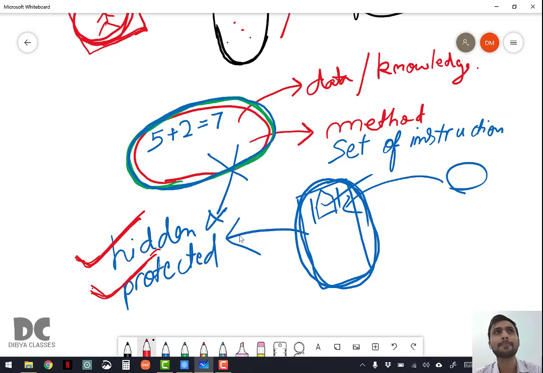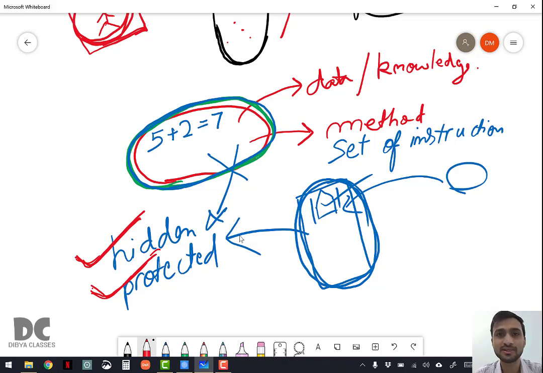For example, you're going to school and you have some great item in your tiffin box, and you don't want others to know because they will eat everything. So you cover it, you want to hide it. This is known as encapsulation. All the food items are inside the tiffin box, protected and hidden from others. If you open it, then people will get to know.